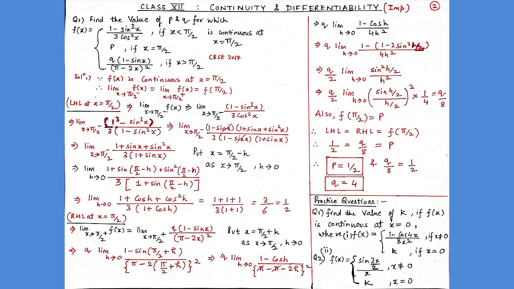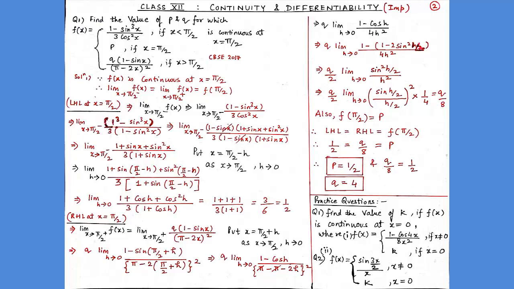So from here, on solving it, we get q upon 2 limit h tends to 0, sin square (h upon 2) upon h square. So from here, we will apply the property of limits. We know that limit x tends to 0, sin x upon x is equal to 1. So using this limit, I can write sin square (h upon 2) upon h square as sin (h upon 2) upon (h upon 2) whole square. So when we solve the denominator, we get h square upon 4. So to compensate this, we will multiply by 1 by 4. Therefore, student, from here we get q upon 2 into 1 upon 4, which is equal to q upon 8.